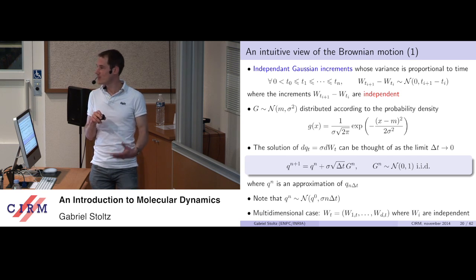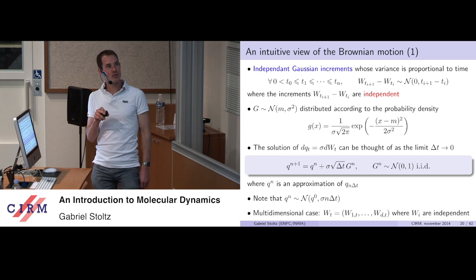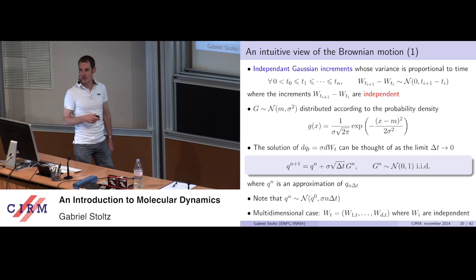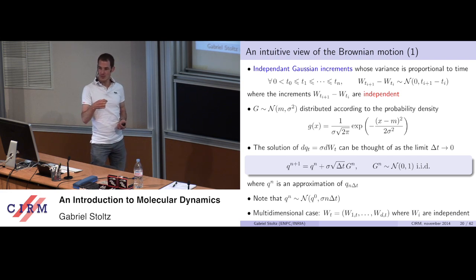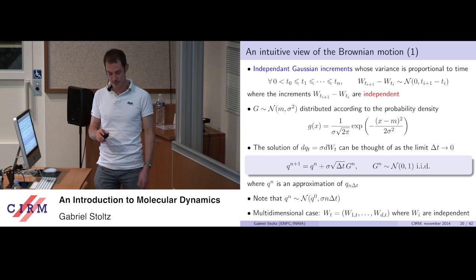And SDEs in practice, here is really the fundamental thing: the random terms are scaled by the square root of delta t and not delta t as for deterministic drifts. And here the G_n are simply independent and identically distributed Gaussian random increments. So you have a new position, you sample a Gaussian, you move a little bit in this direction, then another one, and this is a very erratic motion, but if you look at it over a very long time, you've got more or less some kind of diffusive behavior.